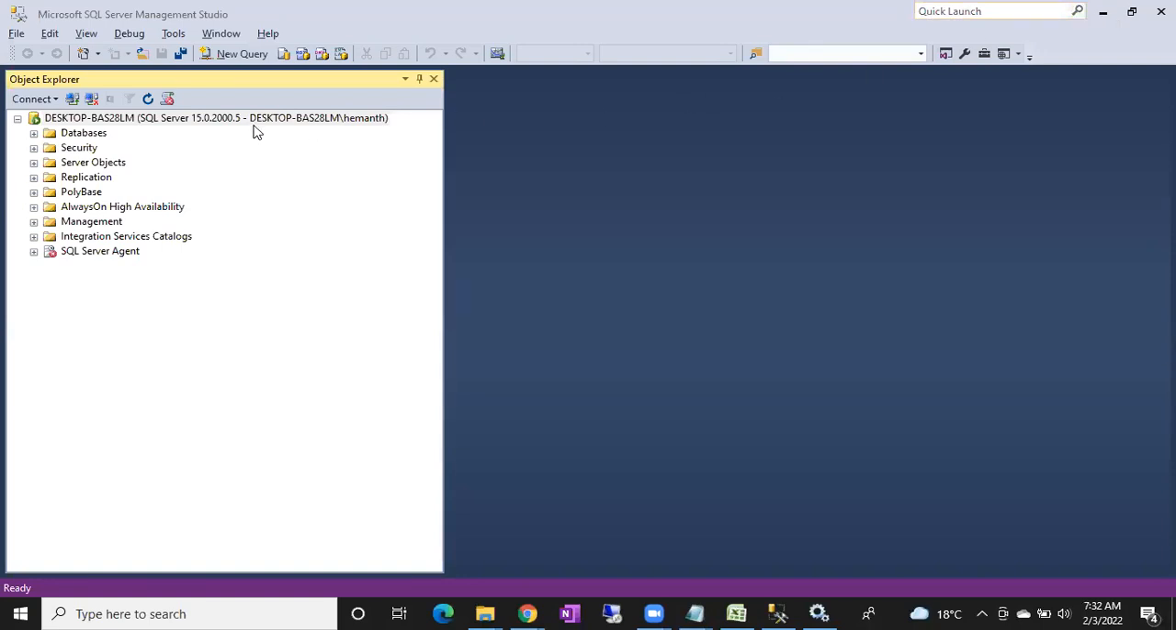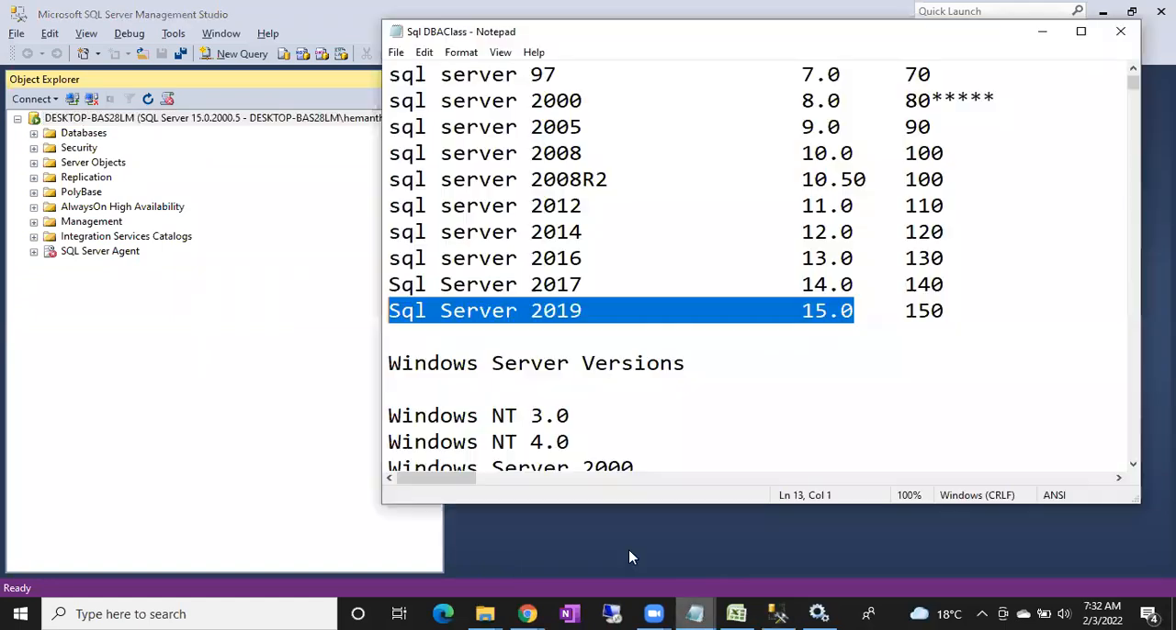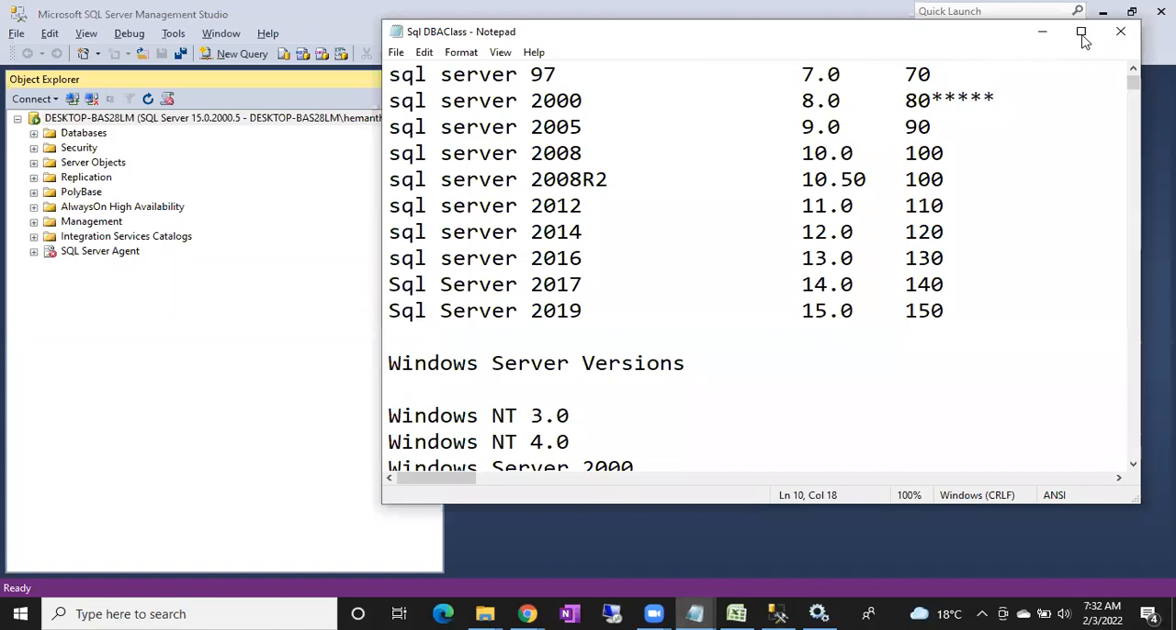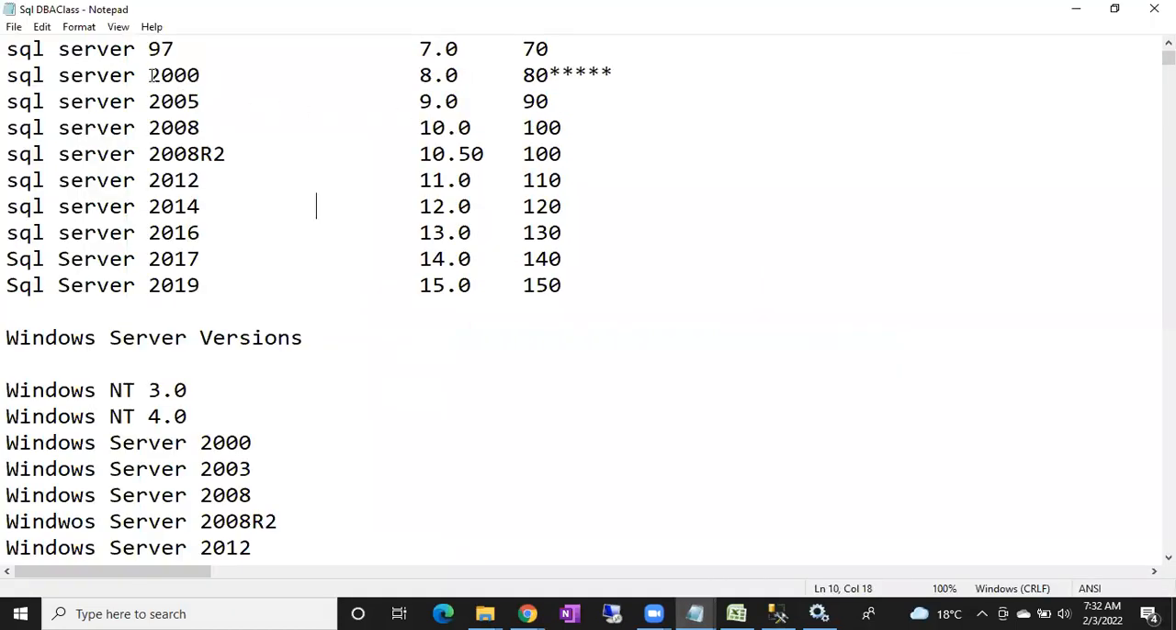Right? So your build number contains 4 parts, guys. You can see here 15.0.2000.5. First part you can call a major version, 15. Second part you can call a minor version, 0. Third part you can call the actual build number. Fourth part you can call the revision history. So as per this chart, if you install SQL Server 2000 on your machine, the build number starts with